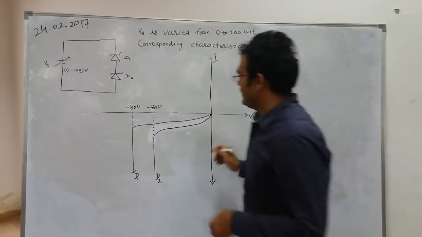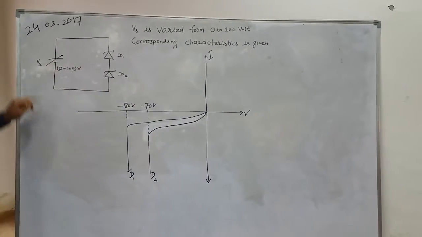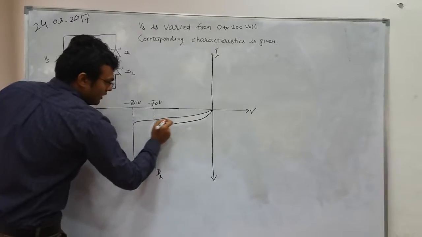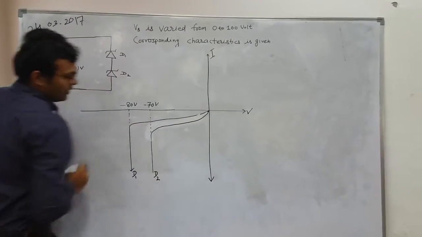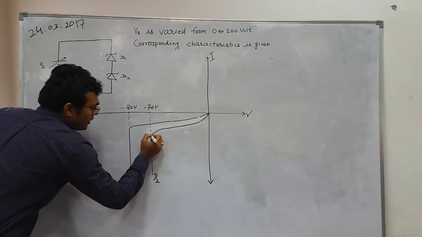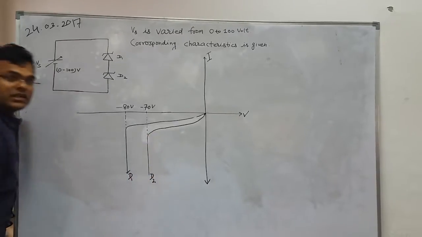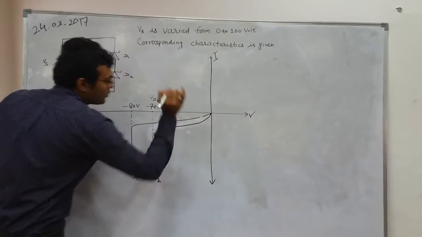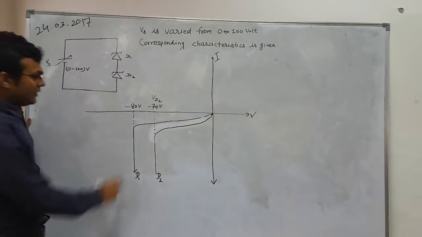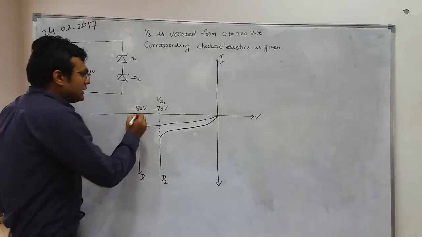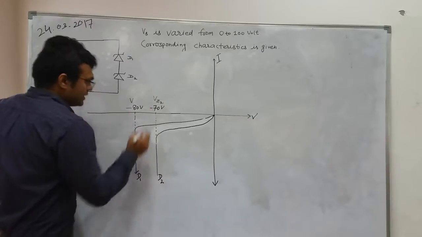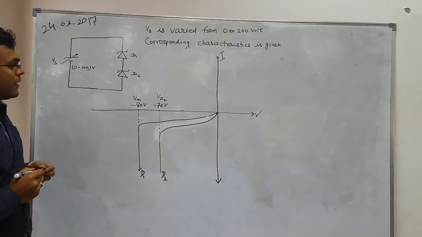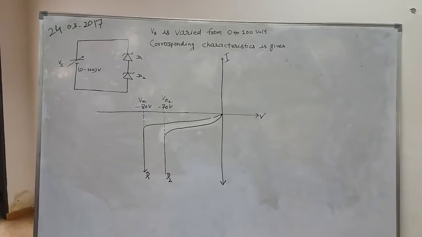First of all, if we increase this voltage, then definitely this is the leakage current, and after this minus 70 volt for this D2, this is the Zener breakdown voltage of this diode, and this minus 80 volt is the Zener breakdown voltage for this particular Zener diode D1. So what happens when we increase this voltage? Definitely